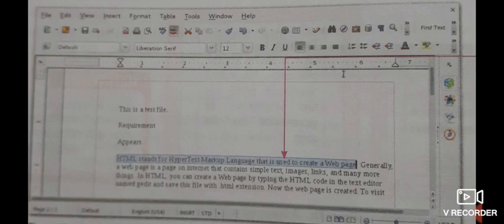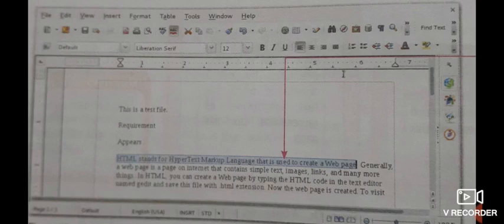From there we select the copy option, and after copying the text, where we want to place that text, there we use the paste option, either from the standard toolbar or by clicking on the edit menu and after that selecting paste option. We also use the shortcut key CTRL plus C to copy text and Ctrl plus V to paste the text.